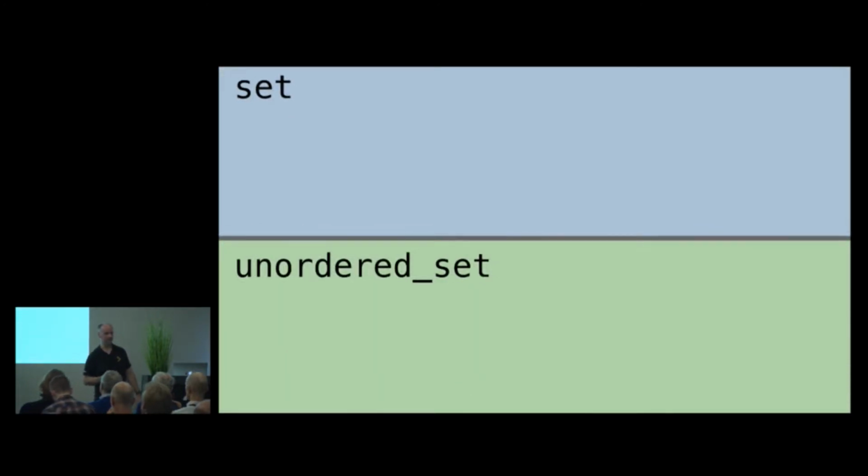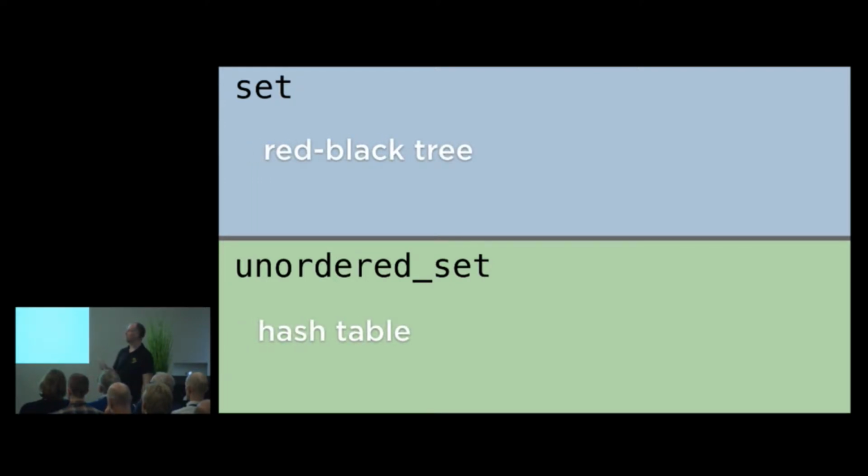So back to the sets. There's a few properties I want to draw your attention to. Again, it should be nothing new, but those underlying data structures, sets are not required to be implemented as red-black trees. They almost always are. I've not actually seen one that isn't. They are at least balanced binary trees. We'll come on to that a little bit later. Unordered set is obviously based on a hash table. So this leads to various other properties.